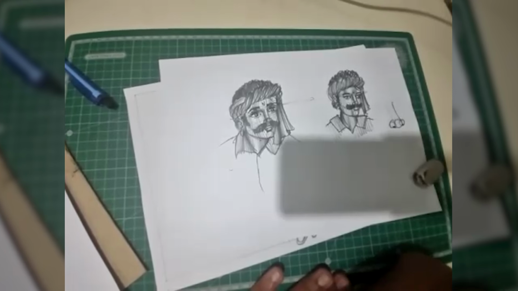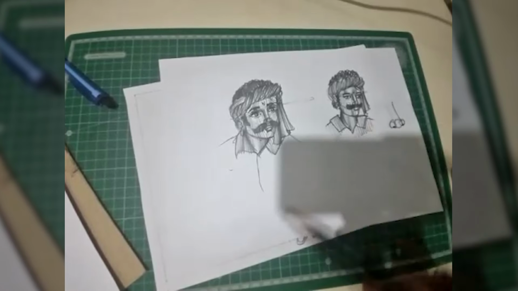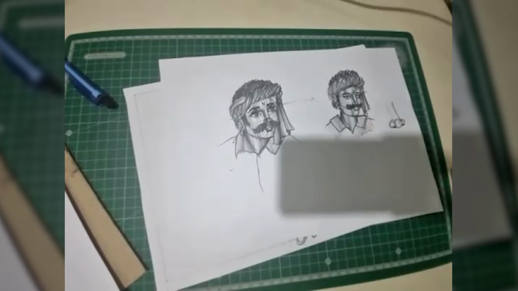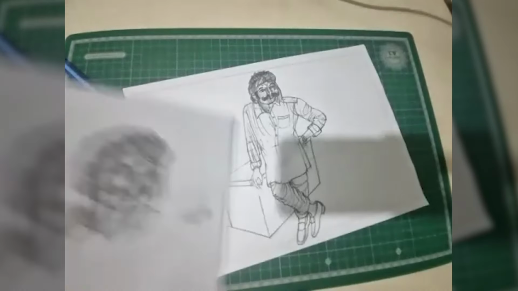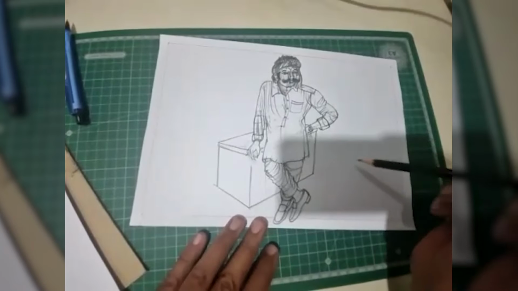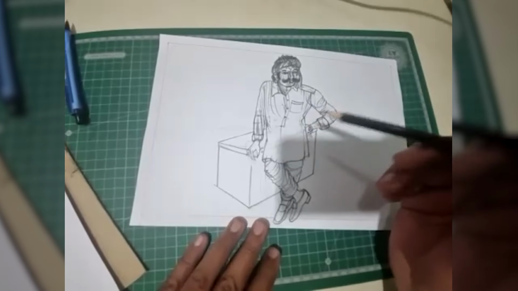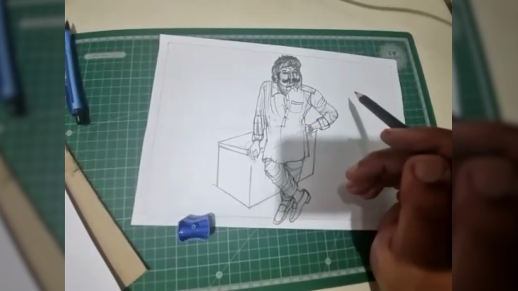So should we move on to our figure now, where we need to understand the shading? Yes, sir. So let us go to the figure again and see what more we can do. We'll make the things around him and we'll choose the scene behind also. We'll try to figure out the scene behind as well.